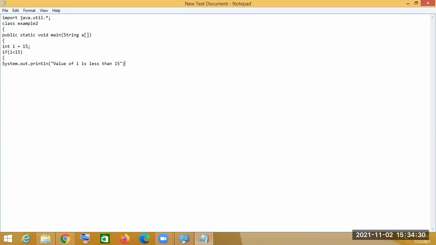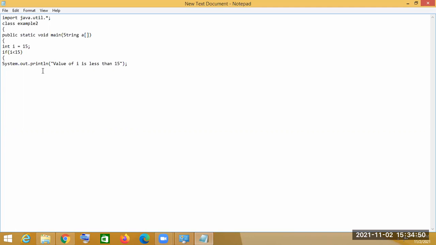I have directly mentioned i equal to 15, so if the value is less than 15, it will print that.